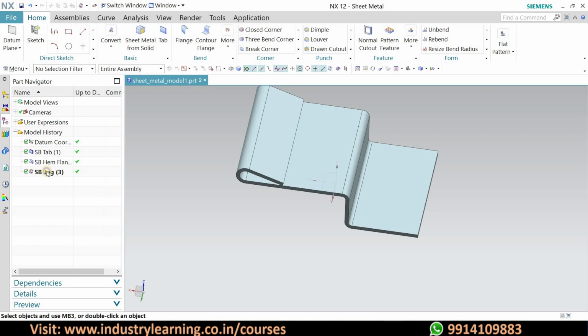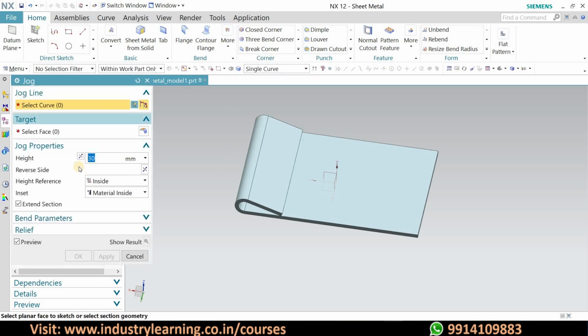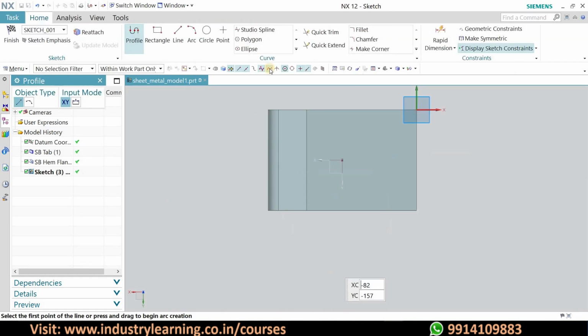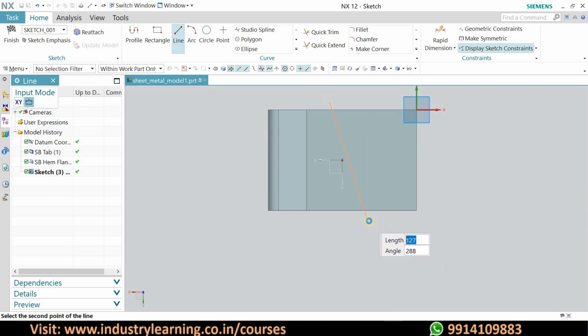Let me delete this, and once you delete this, let me draw an inclined line. For that again I will go to the jog option, and then I will click on the line. Let me select the face, and let us select a line that is at some sort of angle like this.